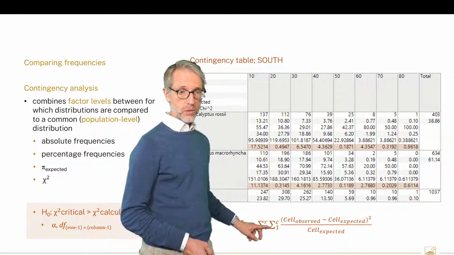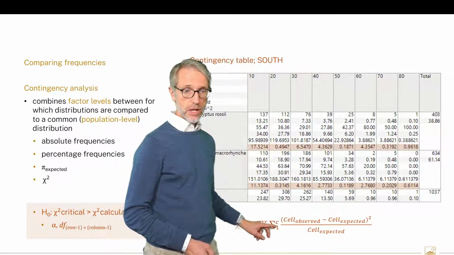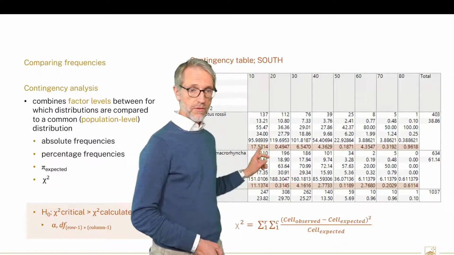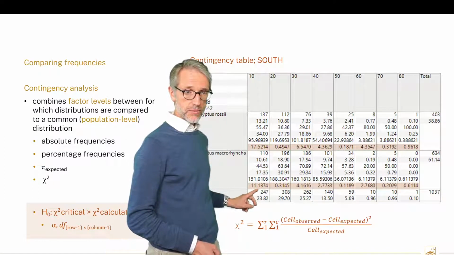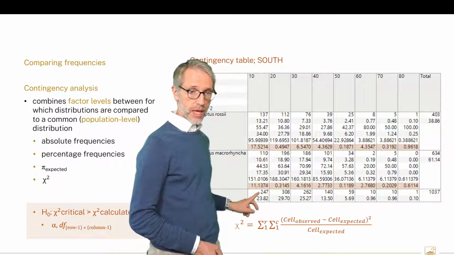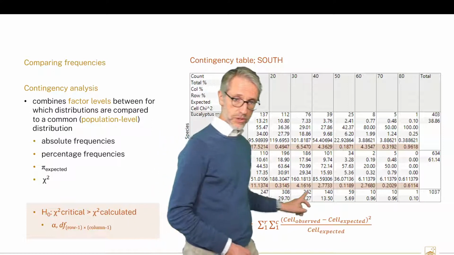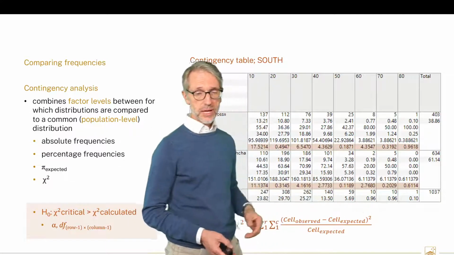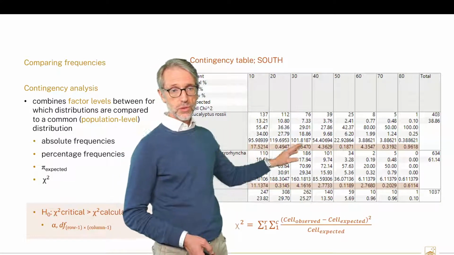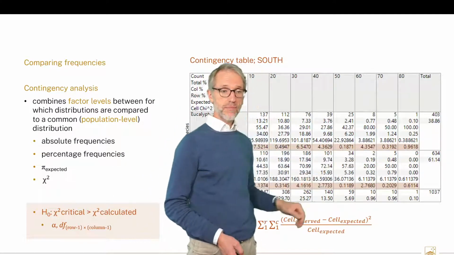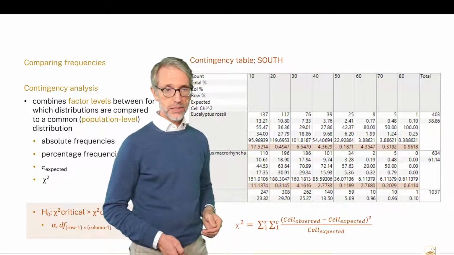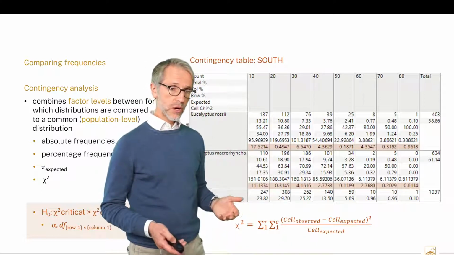And then we sum our chi-square for each cell. We sum together for the columns, and we sum our two columns across all of the rows. So we end up with a sum of all of our 1, 2, 3, 4, 5, 6, 7, 8, 16 cells. Gives us a total